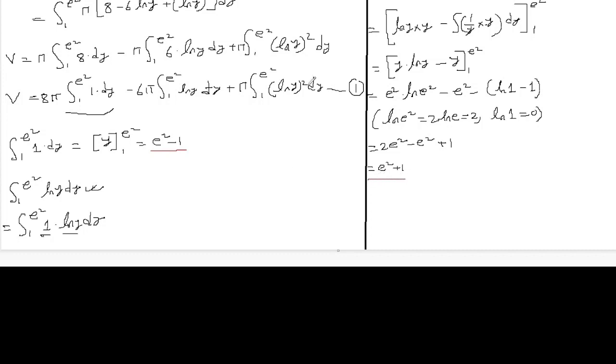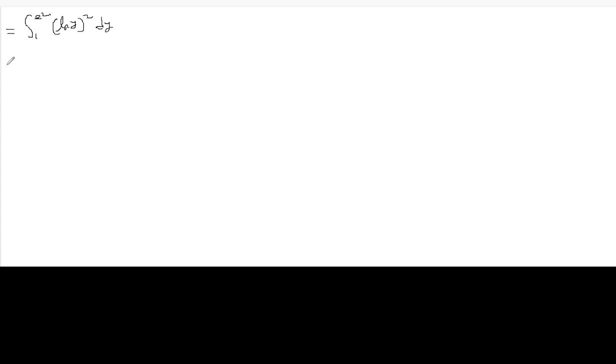Now we are left with the third integral, that is ln of y square. Here also we have to use the integration by parts. For that we need to take it as 1 into ln y whole square dy. We are going to take this as u and this as v, because of the same reason that y is easily integrable. So finally it gives us ln y